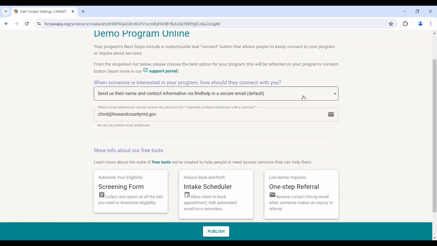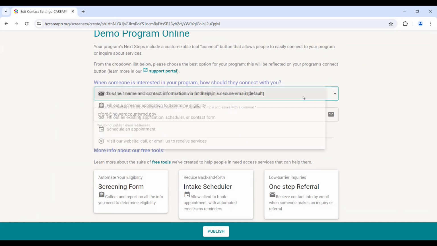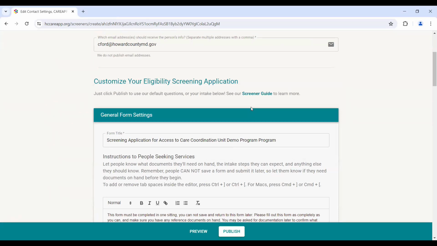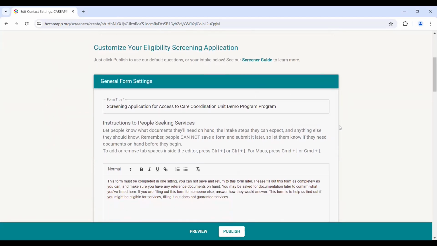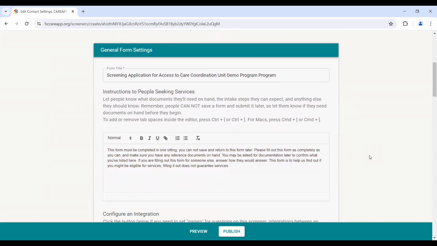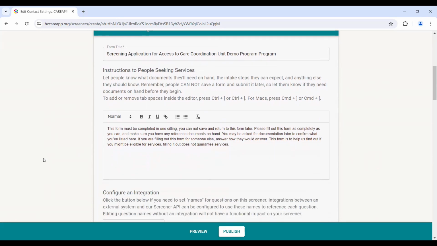Additionally, accessing the drop-down menu, rather than choosing to be contacted by direct referrals, you can choose to set up a screener for clients to complete. Select that option and a text box becomes available to name and input general instructions to those seeking services. Here you can see